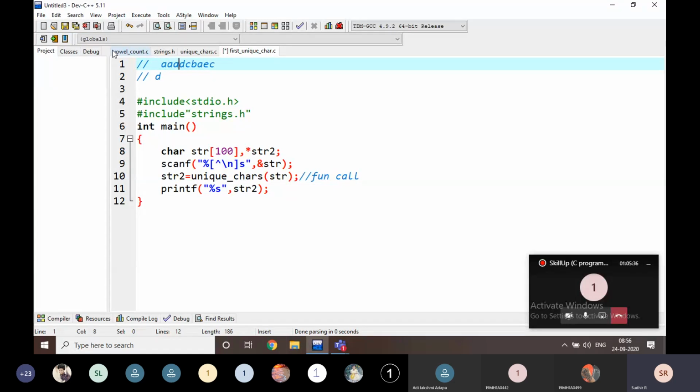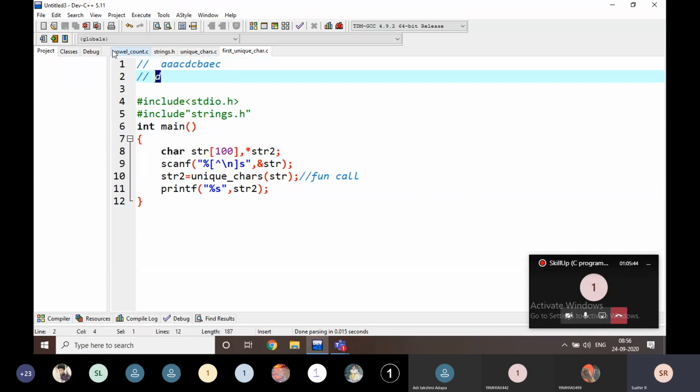For example, the input is going to be like this, or like this also. What is the first unique character in the string? That is going to be D only. Is my question clear? There are a number of unique characters here. D, B and E are all unique characters in the string. But I want the first unique character in the string. That is going to be D here.